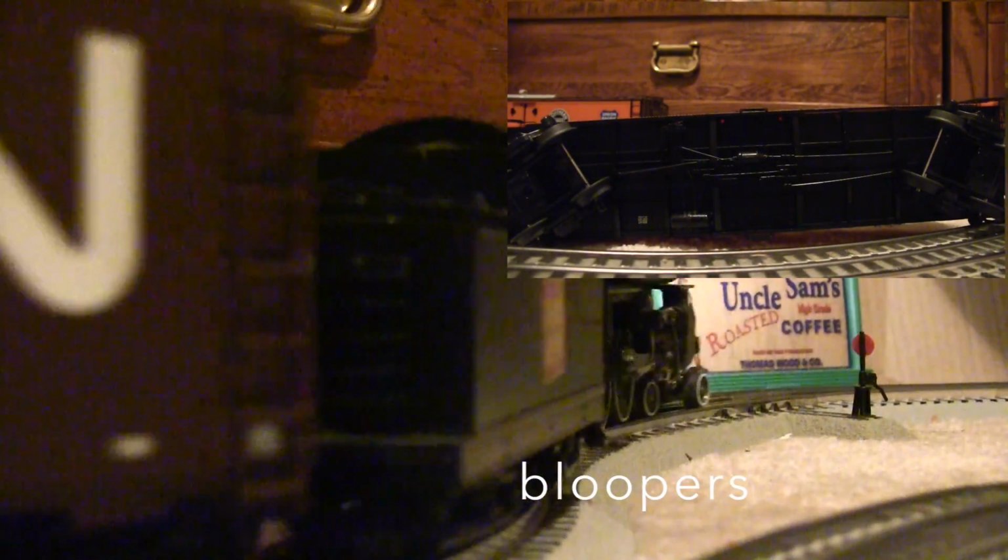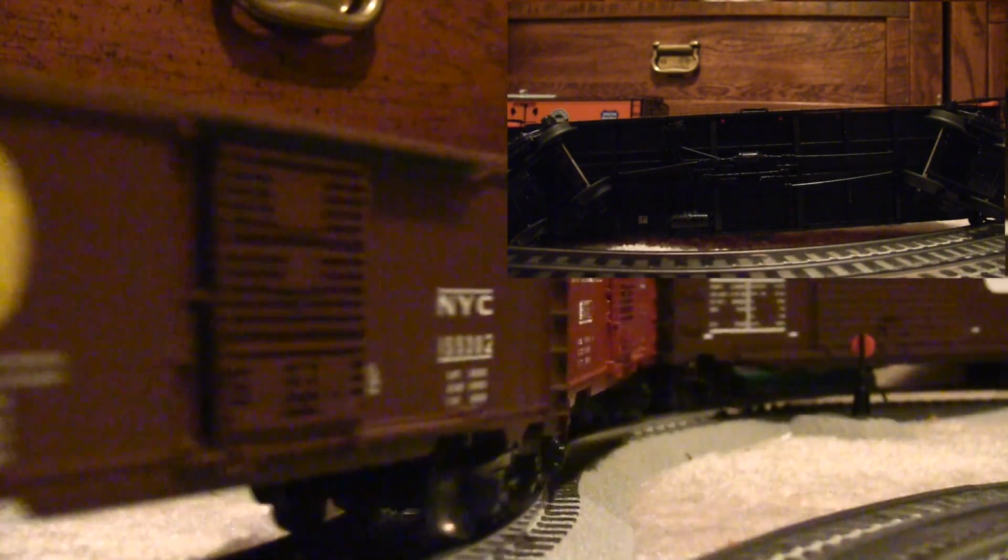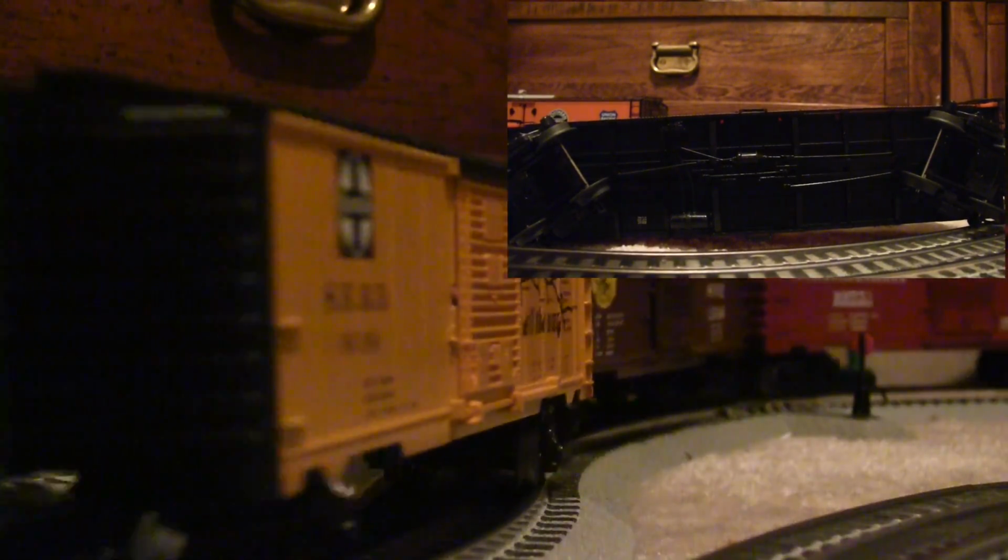Here's a look at the underside of one of the locomotives, and as you can...